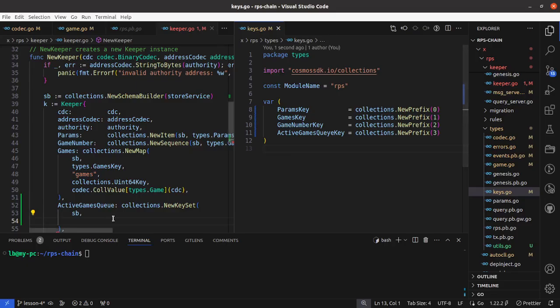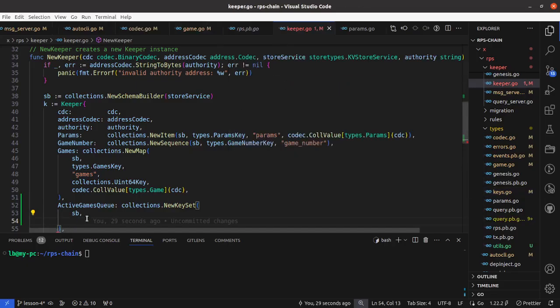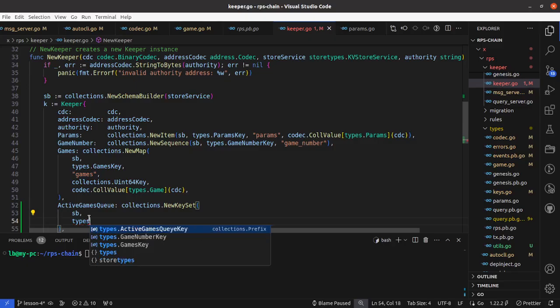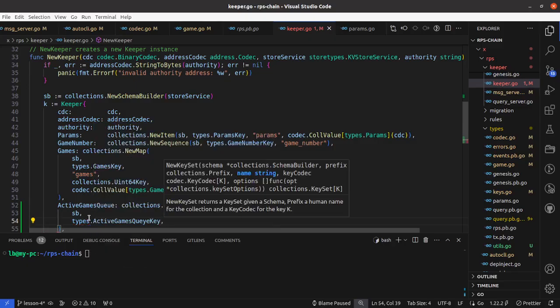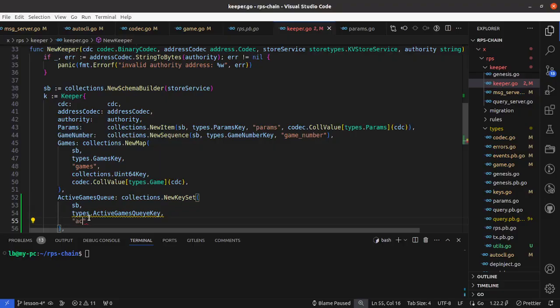Format this, and we should add here our keys, active games, and then the name for this human readable, active game queue,